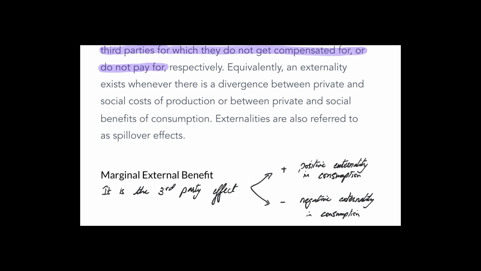But the same can go into the negative side. For example, it could be about cigarettes. You're paying for it and you're smoking. You get the benefit from it. You say the private benefit is good. But what about the external benefit, the negative effect falling on society in terms of passive smoking or the cigarette butts and the trash that you're throwing around? So that's a negative externality. Well, that needs to be discussed also. So these are your marginal external benefit, both positive and negative.